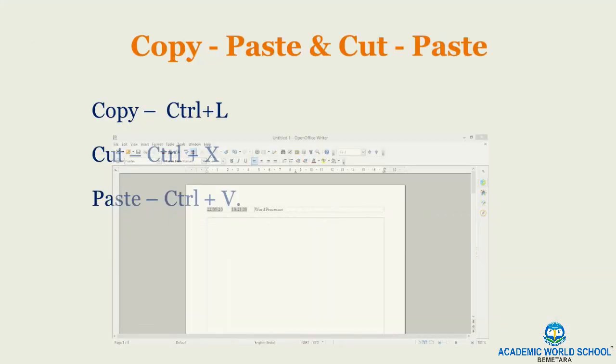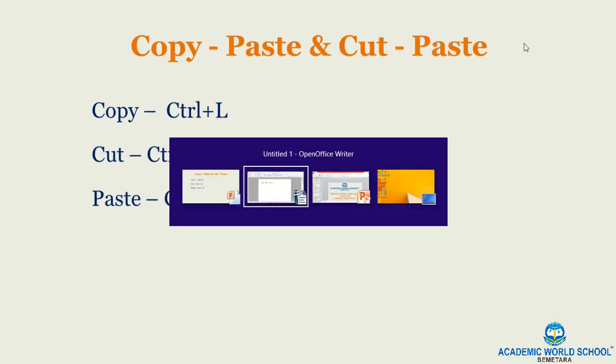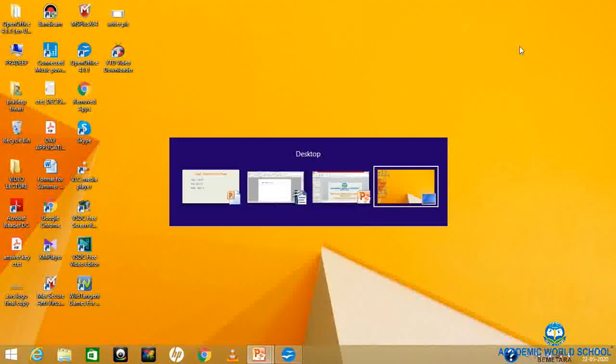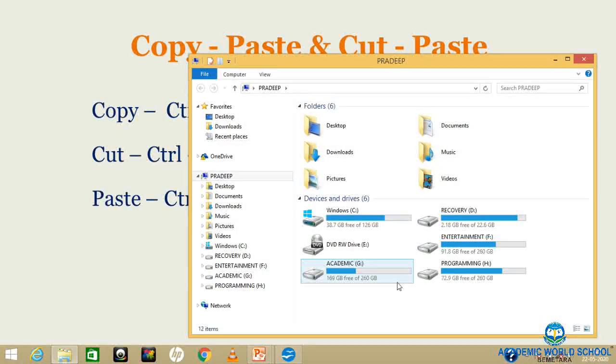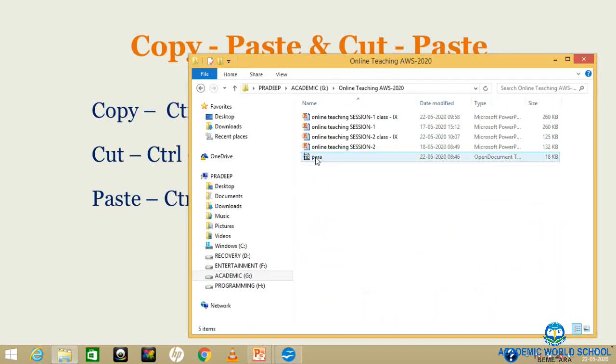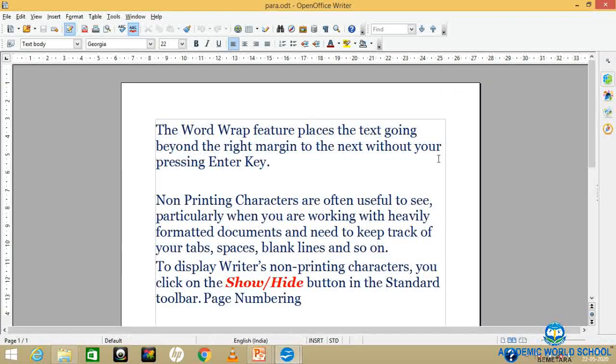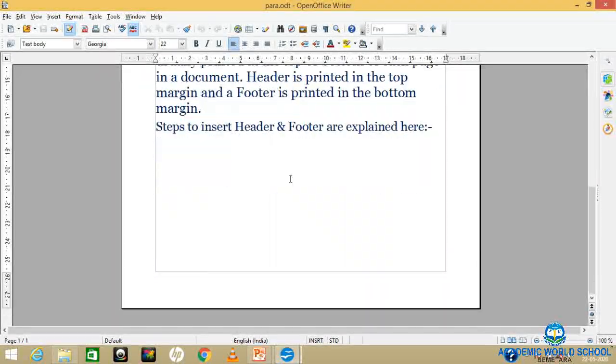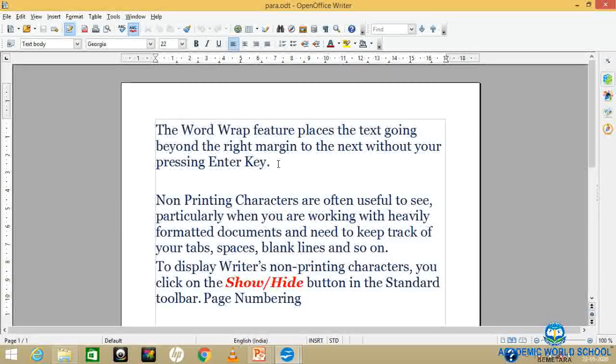I'm just selecting. Before copying anything, you have to select the matter, then right click, and you will find a copy option. From here you can copy, and from the standard toolbar also you can copy.